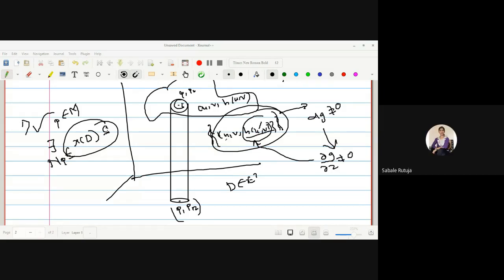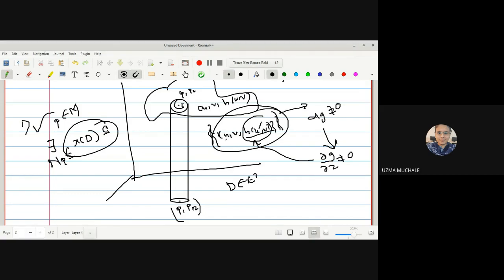No, ma'am. So hence, instead of using that complete definition for every point P, where you have to find the neighborhood and then check whether that neighborhood is contained in x of D, it is not necessary. Simply check whether dg is zero or non-zero, and you can say whether it is a surface or not. If your dg is non-zero at all points, it is a surface, but if it is 0 at the origin, 0 0 0, then you can say that it is not a surface. Right? So now let us go with the example.